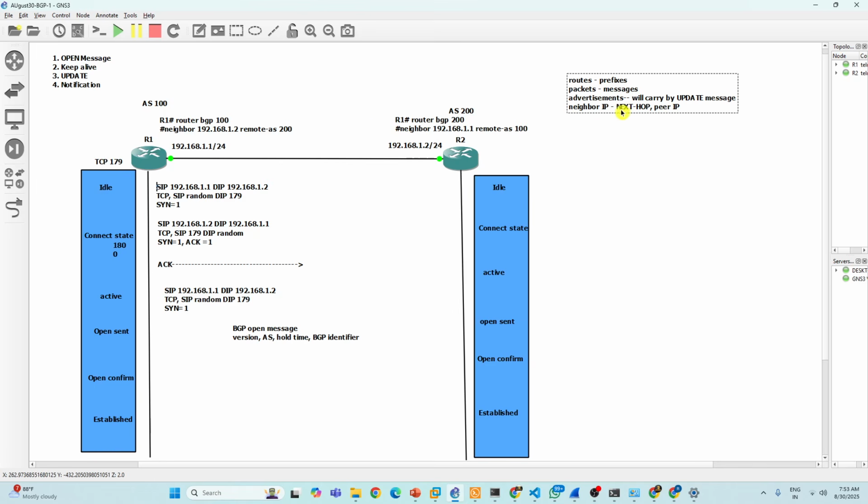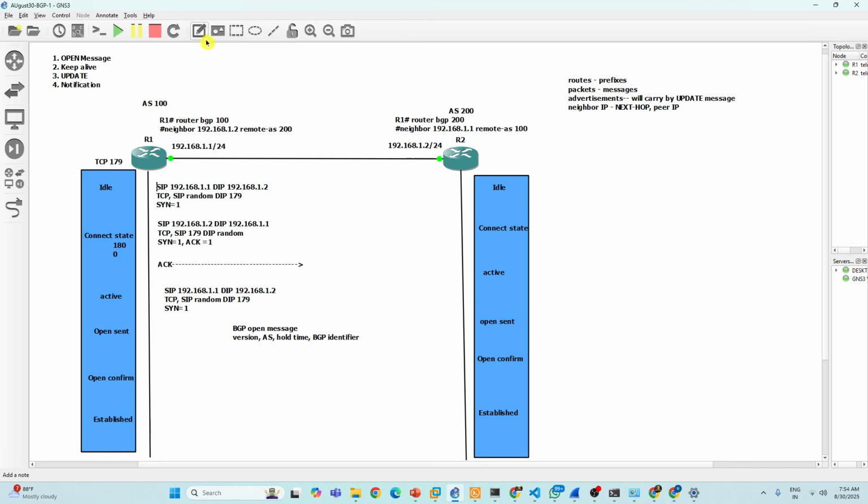Everything is the same, but remember BGP next hop is different. In BGP, the next hop means the neighbor IP. Are you understanding what I'm saying? In BGP, the neighbor IP is called what? Next hop. Do you understand? Yes, sir. So next hop in BGP means the peer or neighbor IP. Please keep that in your mind.